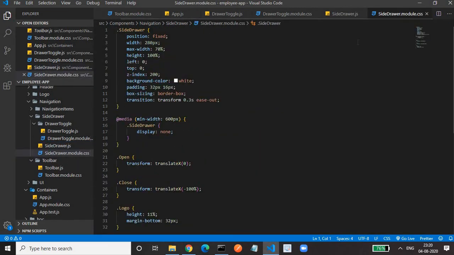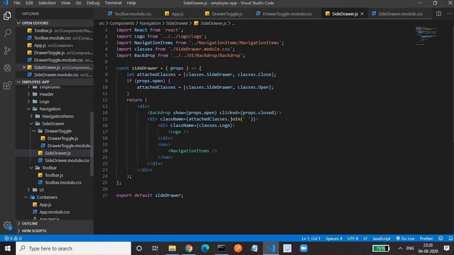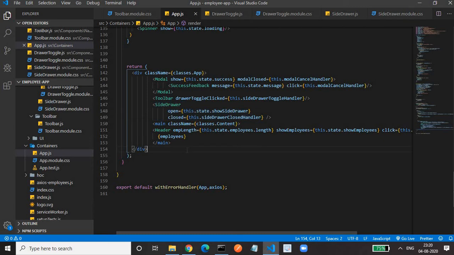In the side drawer, it is shown when we pass this state show side drawer, true or false, to the open property.